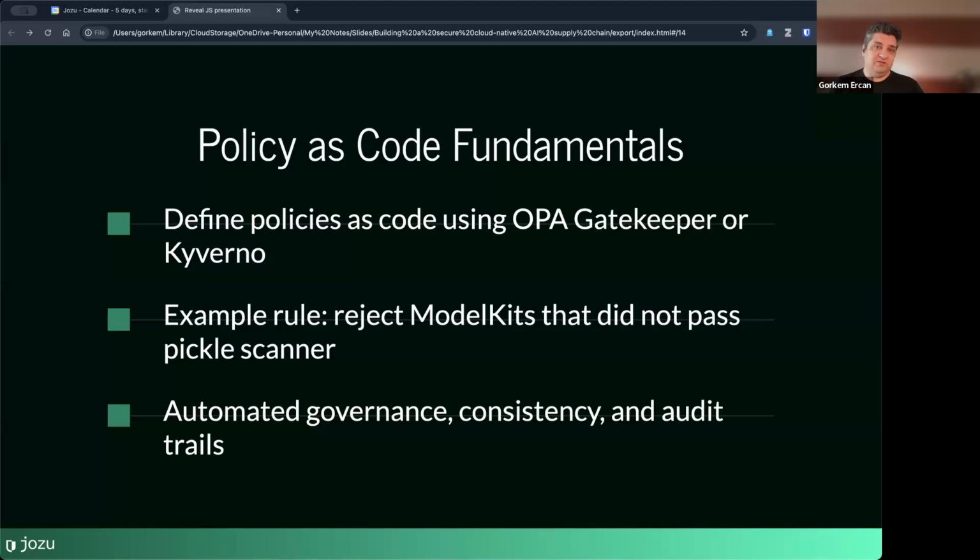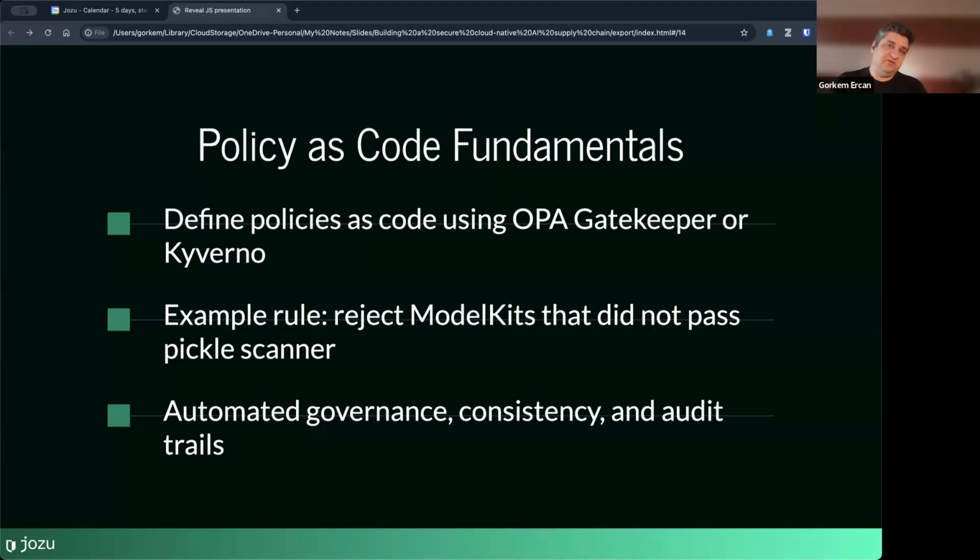So one thing that, for instance, you can imagine doing is if you have a ModelKit that has a verified attestation that you can use to enforce a rule, then you can use these existing tools like Gatekeeper or anything of that sort to enforce policies on AI/ML artifacts.